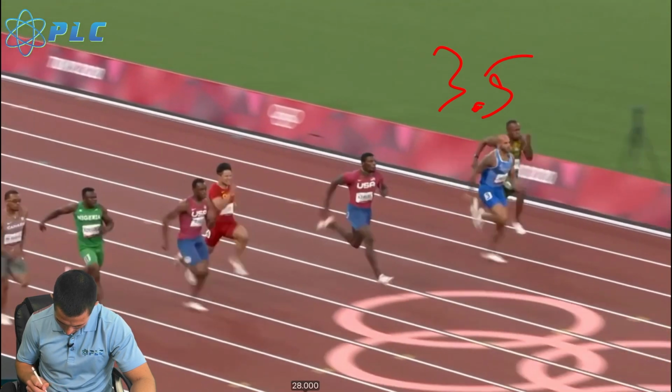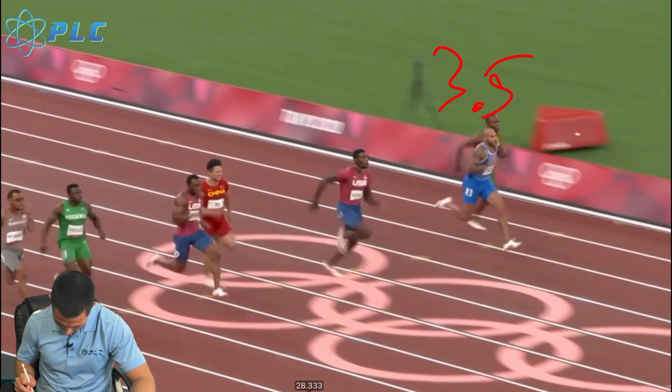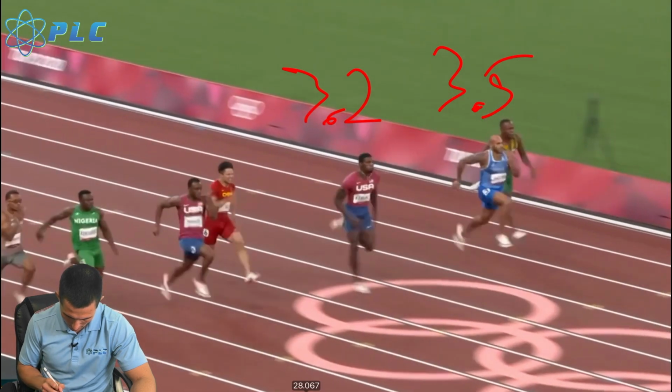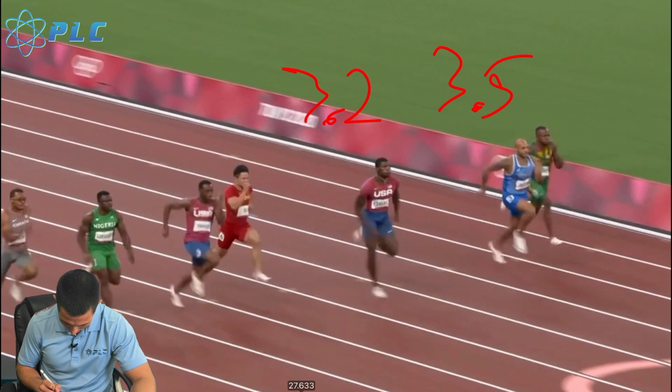1, 2, 3. Yeah, so he's closer to 3, maybe 3.2. Whoop. We'll put it over here. 3.2. And then we got Subington. He's a little bit further behind. So let's go